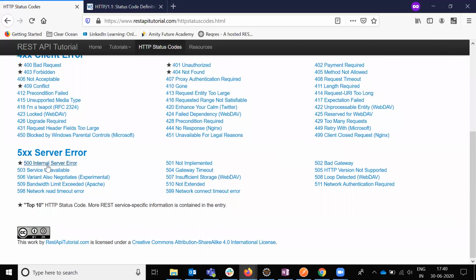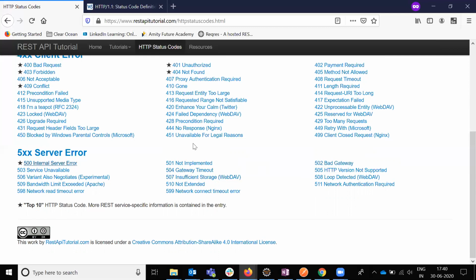And in the 500 range, 500, or sometimes you get 504 gateway timeout. When, for example, the tenth class result or intermediate result is being processed, you will get gateway timeout, bad gateway, not implemented. Not implemented is rare, but internal server error, gateway timeout, and bad gateway, these three you will get most of the time. The rest are very rare.